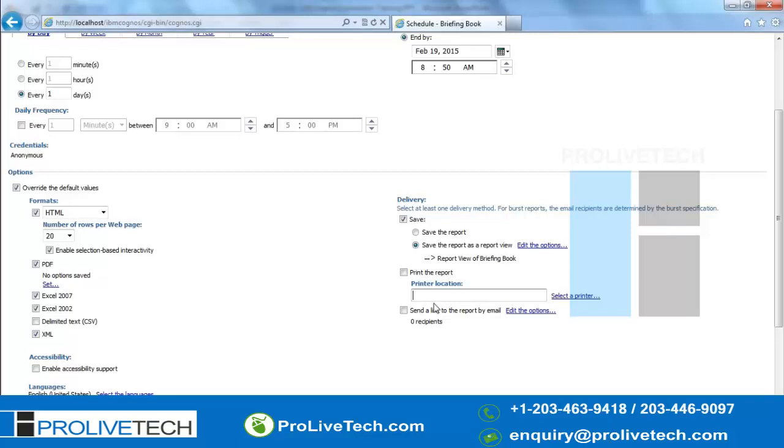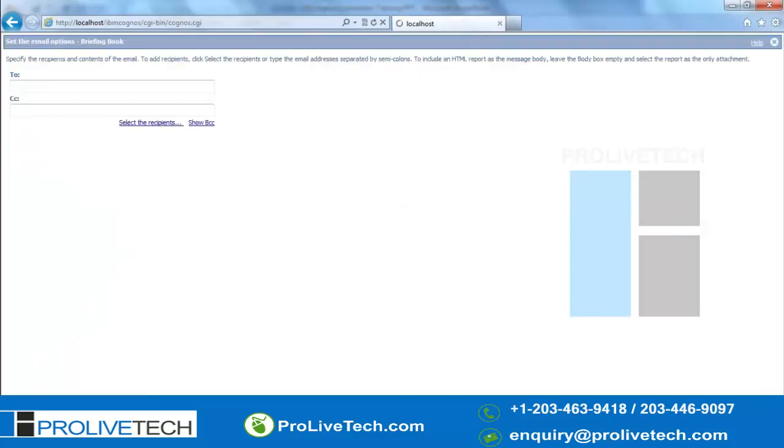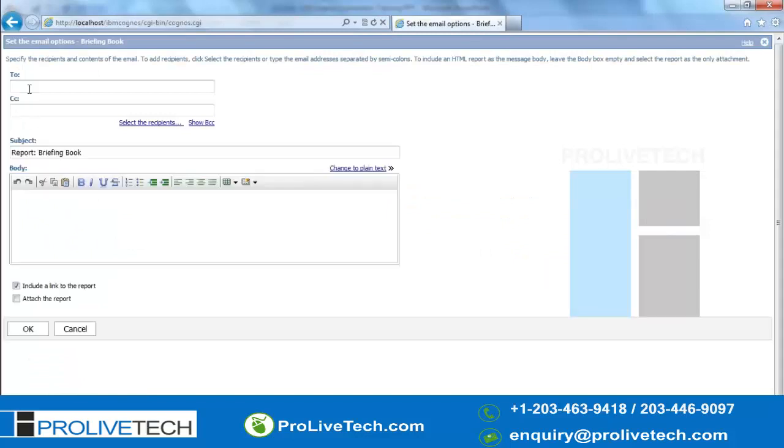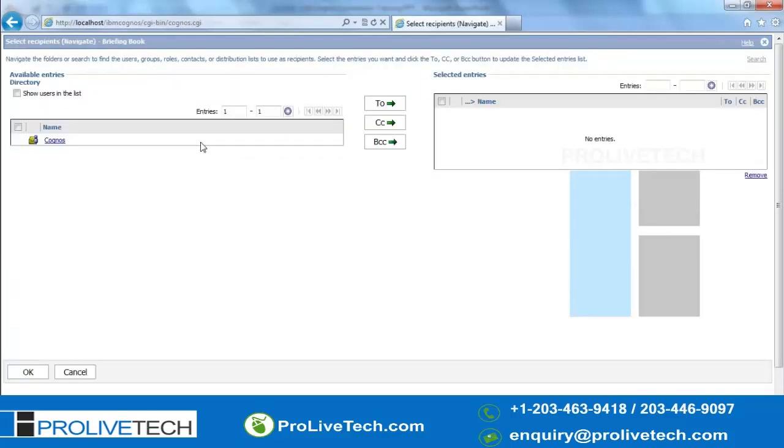For example, if you want to send the report output to recipients, you need to click on this and edit the options. Here you will have To, CC and BCC, like our Outlook format, right? Exactly. You can select the recipients here. Once you configure the users through the directory, LDAP or Active Directory, they will come here.